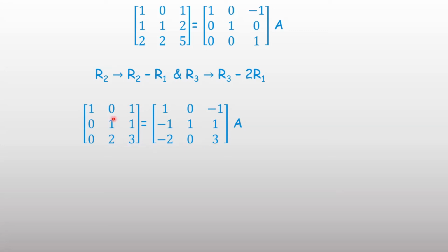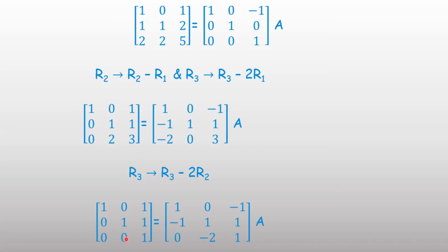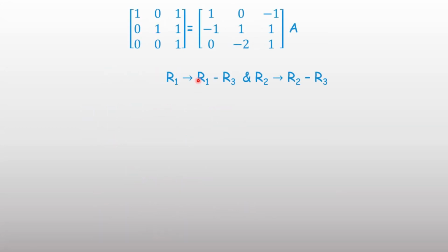Then next step we have to write A22 as 1, which already present here. Then fourth step, remaining two elements of second column as 0 to 1, 0 already present here. 2 you have to convert as 0. We can write R3 replaced by R3 minus 2R2 and you will get 0 here. Now next task, in third column, third element you have to write as 1, which are already present here. Then remaining elements 0 with the help of R3. So you can write R1 replaced by R1 minus R3 and R2 replaced by R2 minus R3.